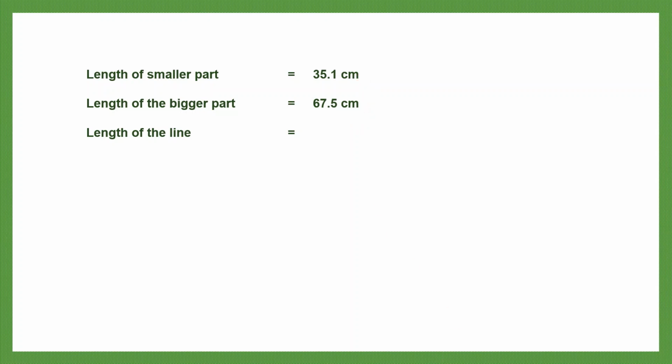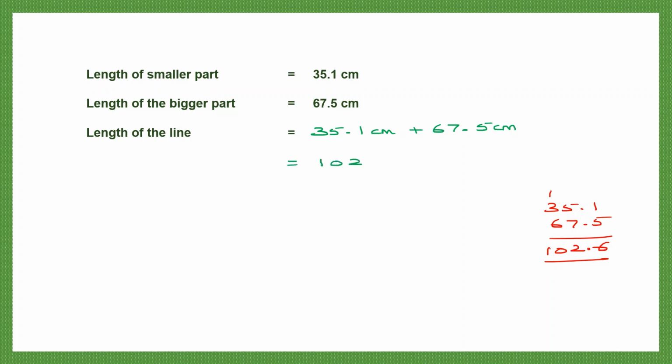So let's add up 35.1 centimeters and 67.5 centimeters. Let's do that addition. 35.1 and 67.5. 1 plus 5 is 6, put the point. 5 plus 7 is 12, carry 1. 3 plus 1 is 4. 4 plus 6 is 10. So the length of the line is 102.6 centimeters. So the final answer here is